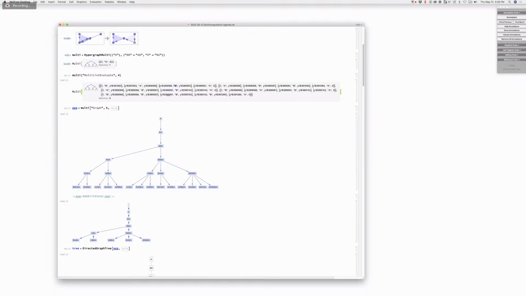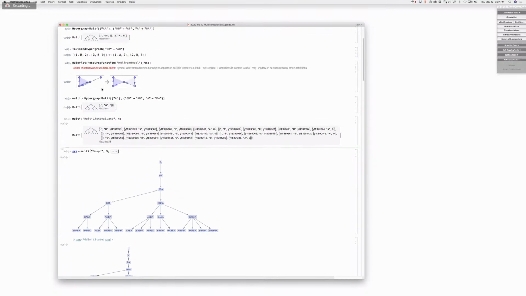Right. Okay. Let's take a look at what's happening here. So this is just, you can run it multiple times, right? It's just a simple evaluation that the multi can do if you have a rule inside of it. Just run it 4 times, you get new hypergraphs. It's like your branchial hypersurface. Mm-hmm. And that's it. Okay. Multi here is just for storing the rule. You can do it with anything.